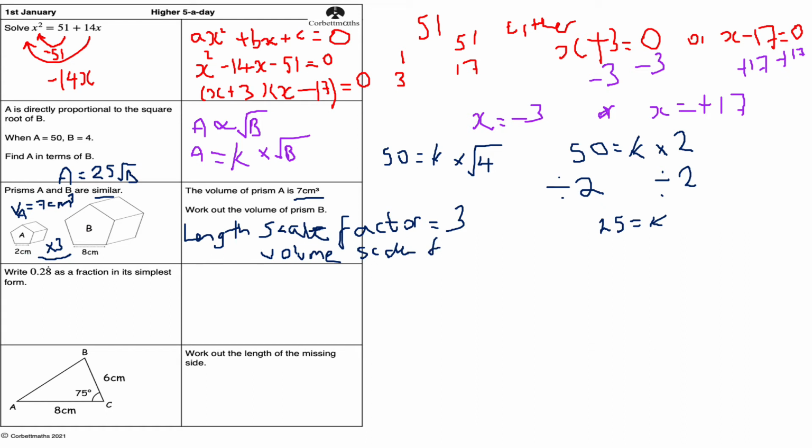So the volume scale factor is going to be 3 to the power of 3. Now 3 to the power of 3 is 3 times 3 times 3, which is 27. So what I'm now going to do is multiply 7 by 27, and that will tell me the volume of prism B. Doing this on my calculator, 7 times 27,